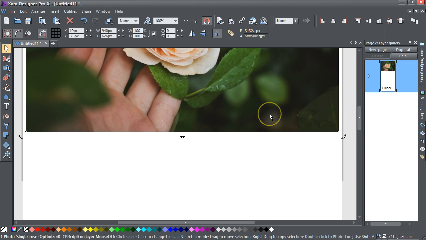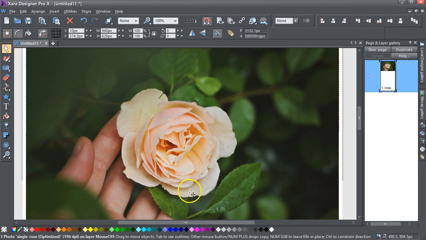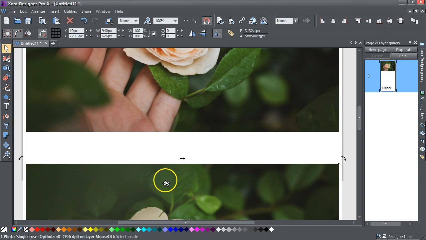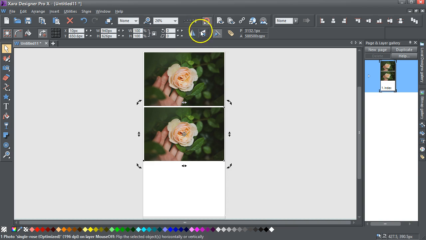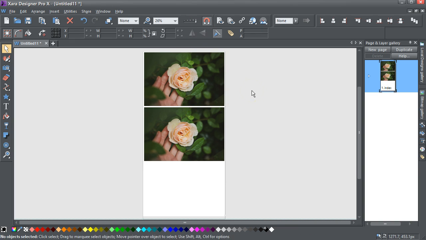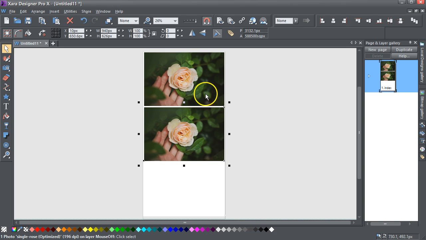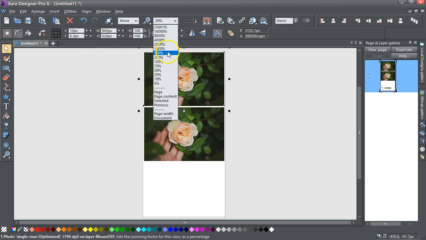Go back up here, Control K to clone it, and slowly move it down the page until if I go into view page content, I've got these two images here, and people seem to believe that those two images, although exactly the same, will be given different names, and that's not true. Let's go back to 100% zoom,